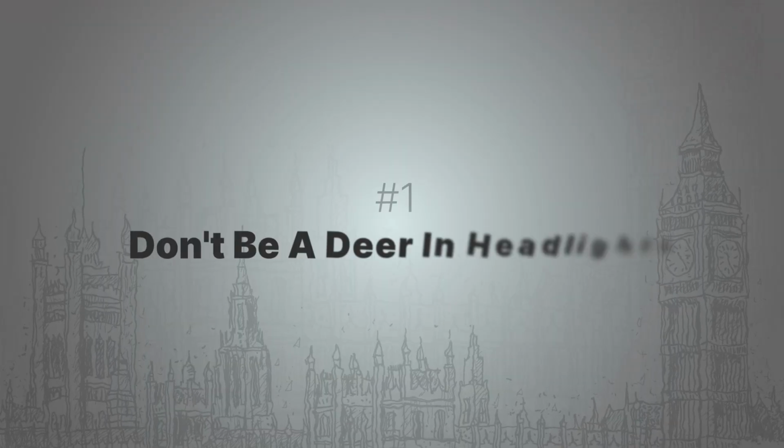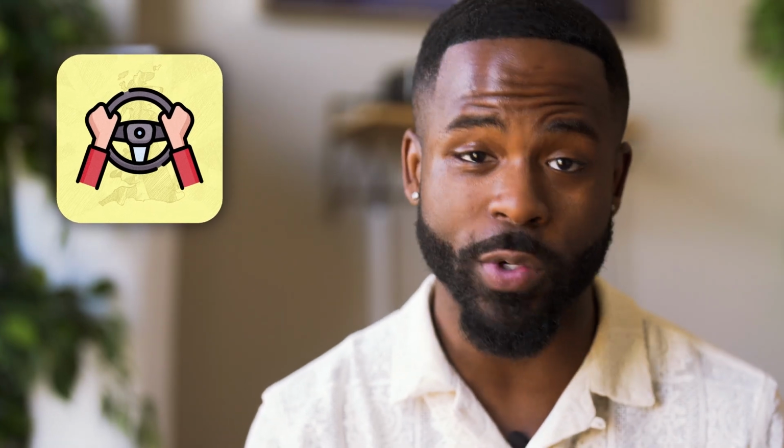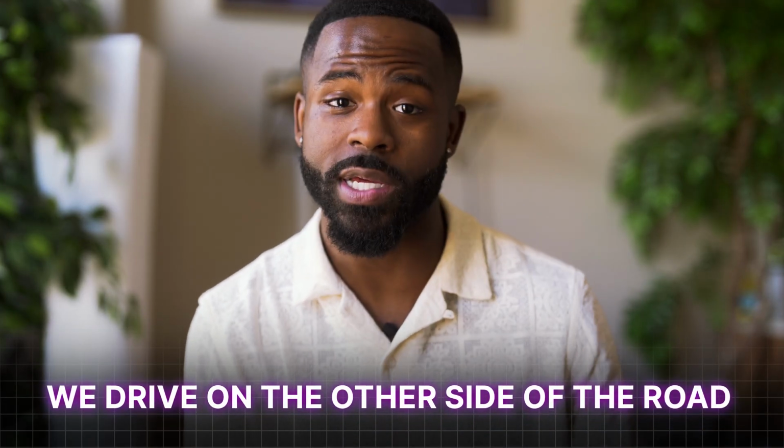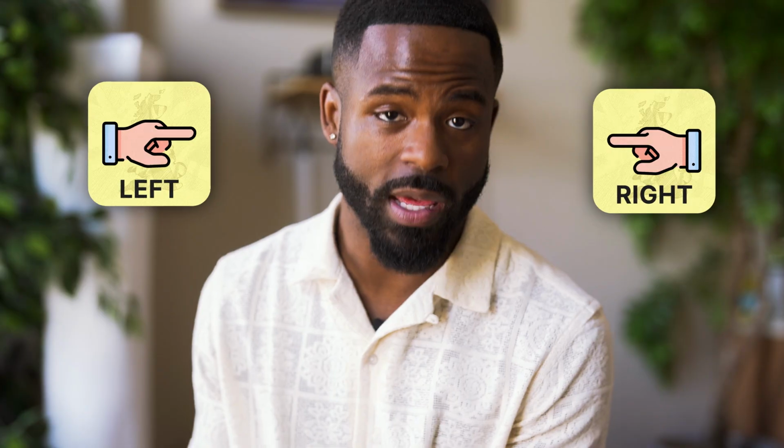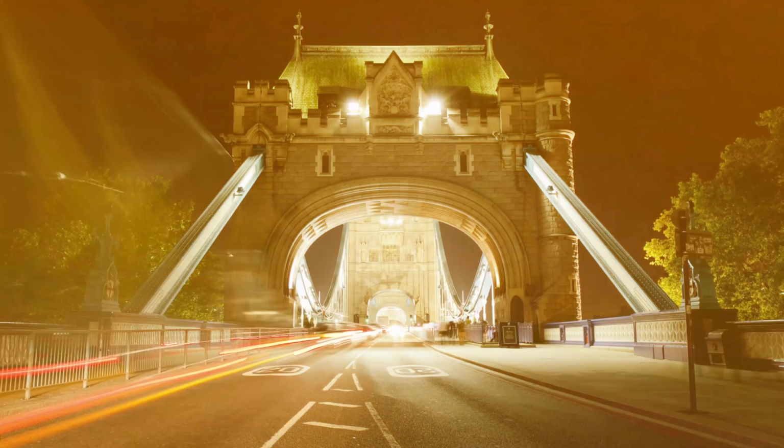So number one, don't be a deer in headlights. If you're planning to brave the streets of London behind the wheel, there's something that you need to know. We drive on the other side of the road here in the US. That's right. Forget everything you learned in driver's ed because in London, left is right and right is, well, left. So buckle up, keep calm, and remember, the only thing that's more terrifying than a London roundabout is a London